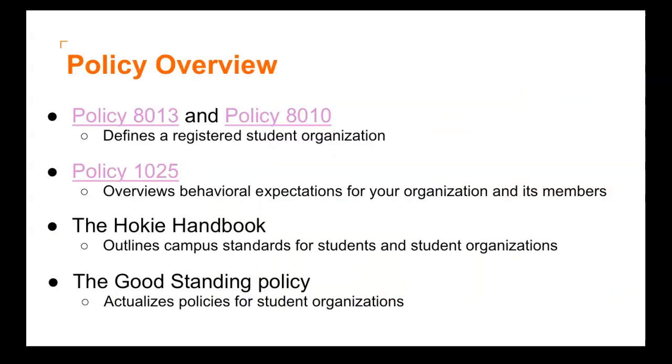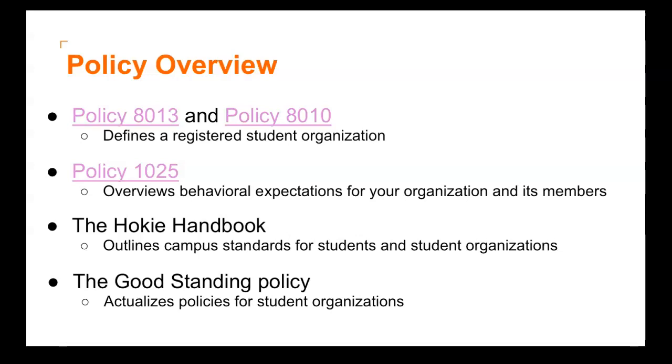In this module, I will cover the following policies. 1. Policy 8013 and Policy 8010. These policies define a registered student organization at Virginia Tech and talk about the relationship between student organizations and the university. 2. Policy 1025. Policy 1025 overviews behavioral expectations for student leaders and student organizations by defining anti-discrimination and harassment. 3. The Hokie Handbook outlines a student conduct process for student organizations and defines what is classified as organizational conduct. 4. The Good Standing Policy. A Good Standing Policy was created by Student Engagement and Campus Life to help actualize the